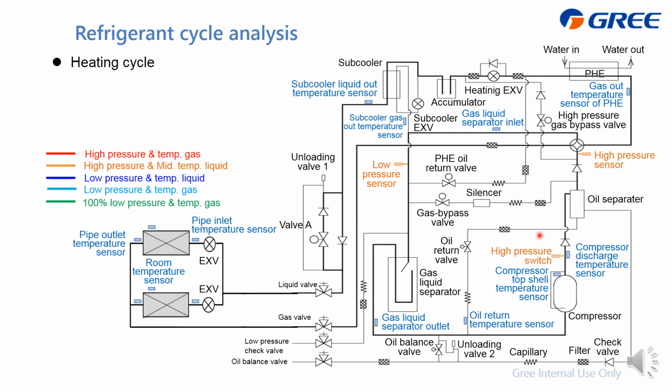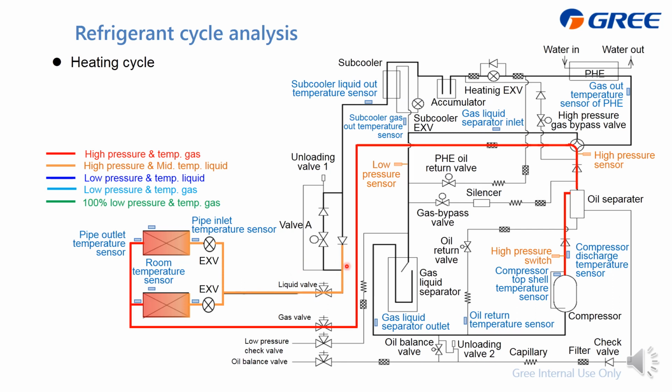Next is the heat tank cycle. This time the refrigerant comes from the compressor as it is heat tank mode, so from the 4-way valve it will just go to the indoor unit first. Then at the indoor unit it will release heat, which is doing heat tank, and itself will become liquid. Then just pay attention that at this indoor unit EXV, it will not get expanded, which means it still keeps the liquid state, and the pressure is not changed. Then it goes back to the outdoor unit,